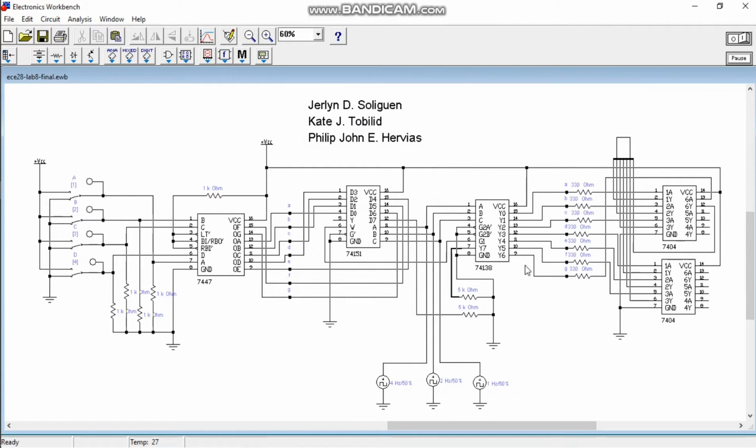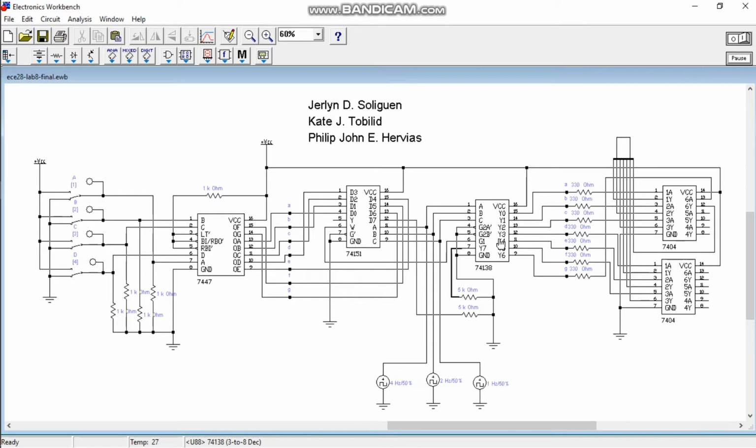So the general concept: the 74447 was connected to the 74151 since it accepts 8 inputs and produces 1 output. The output has 2 lines, the Z and the Z prime. But in this lab, only 7 inputs were utilized. The 74151 was used along with the 74138 with the purpose of demultiplexing, or in machine language, we can say